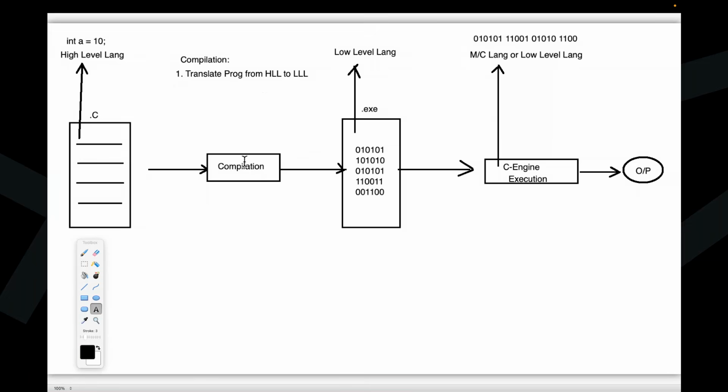Another point is what? Now tell me, guys, who has written that C program first? Yeah, the .exe file is generated by the compilation process. The compilation process is generating the .exe file. Okay. Now tell me, guys, who has written that C program? Developer or programmer? Strictly speaking, a human being, right? Human being, right? It's okay.